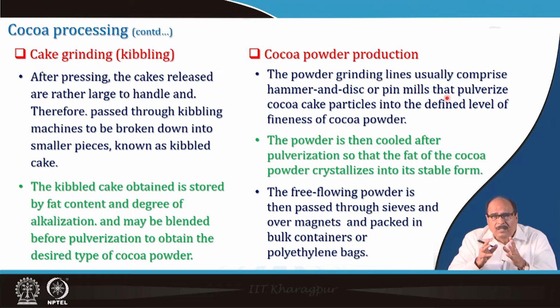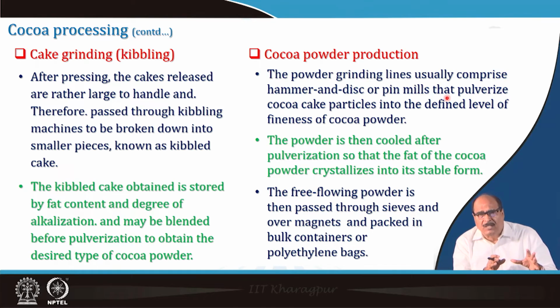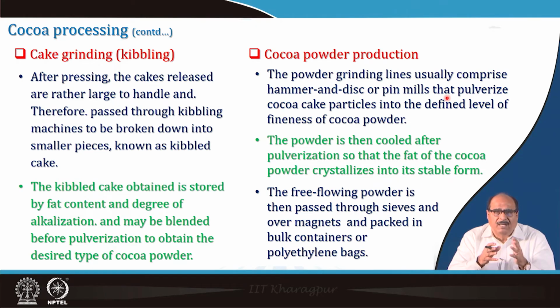Then the cocoa powder: the grinding lines usually comprise hammer and disc or pin mills that pulverize the cocoa cake particles, kibbled cake particles, into defined levels of fineness of cocoa powder. The powder is then cooled after pulverization, so that the fat of the cocoa powder crystallizes into fat soluble form, and the free flowing powder is then passed through sieves and over magnets and packaged in bulk container and polyethylene